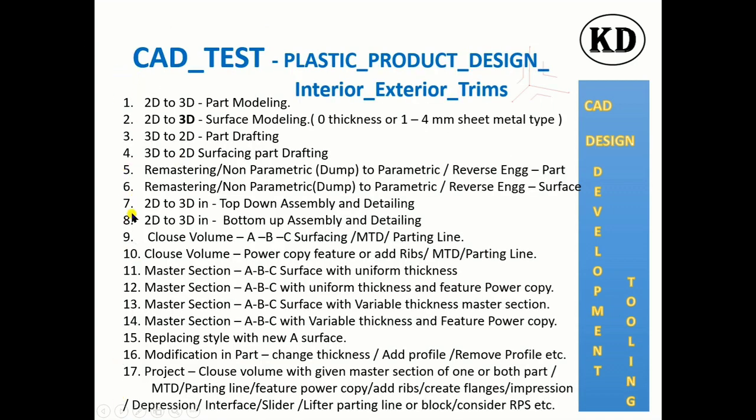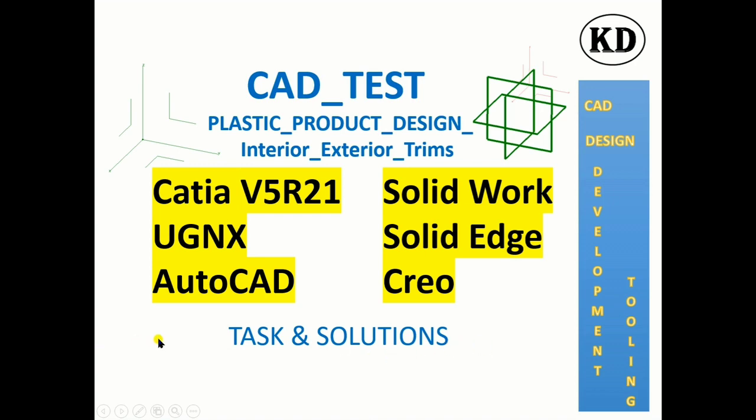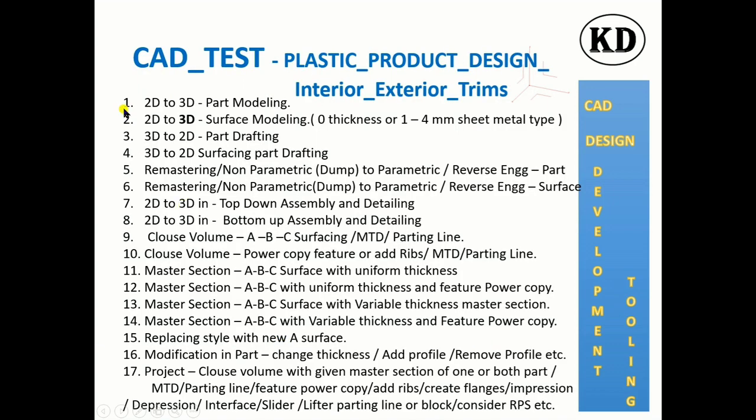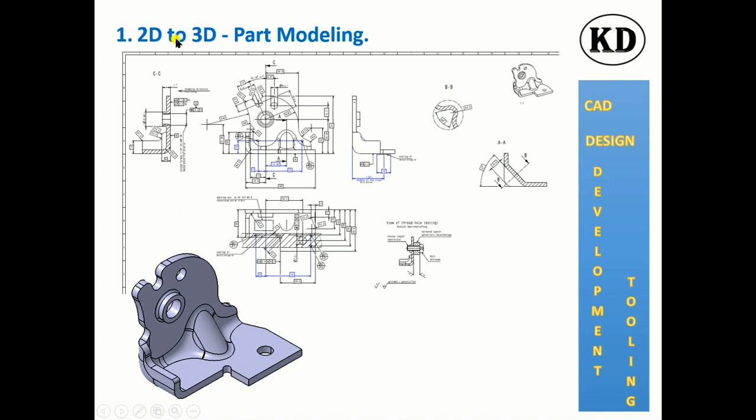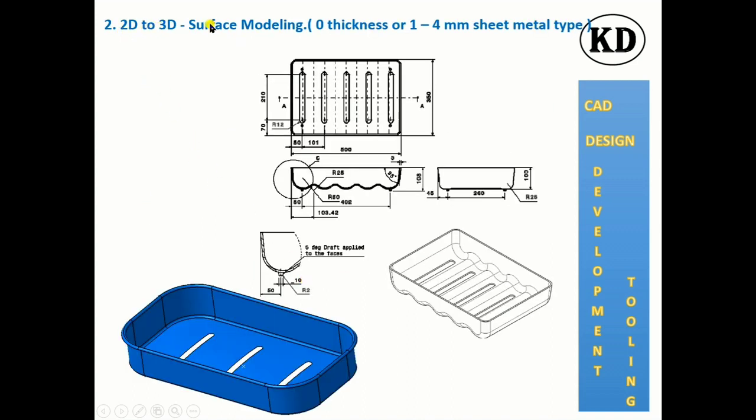In all these tests, first we are given the task and we have to find the solutions. For freshers or those with 6 months of experience, in any domain they give you 2D drawings. According to them you have to make 3D part drawings. Once we make the part drawings, save them with the proper specification tree. They may give you the boolean types also, or a simple specification tree. You have to create the 3D parts.